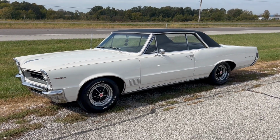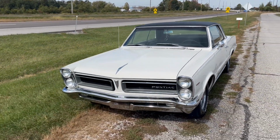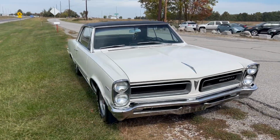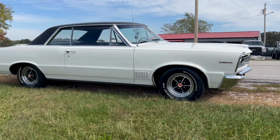Today's featured vehicle is a 1965 Pontiac LeMans. This car is in great driver quality. It may be one of the nicest cars in the country as far as this type of car goes. 1965 Pontiac LeMans. It's a 326